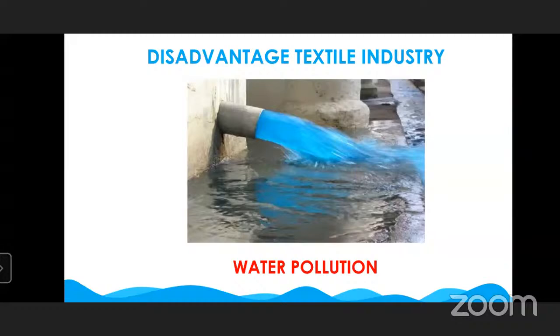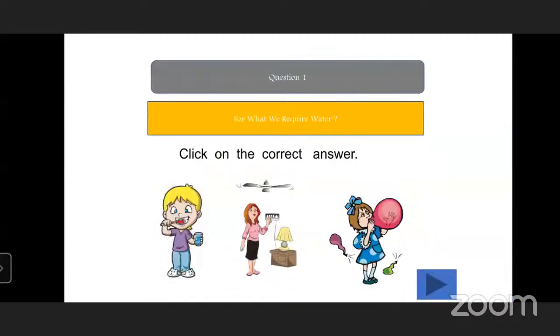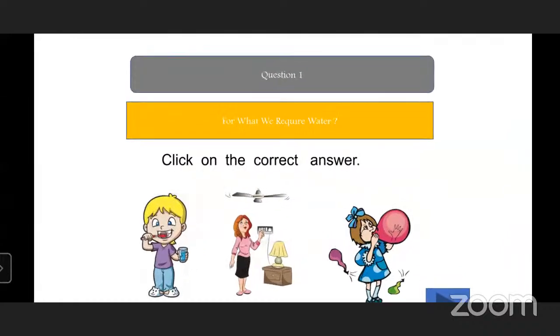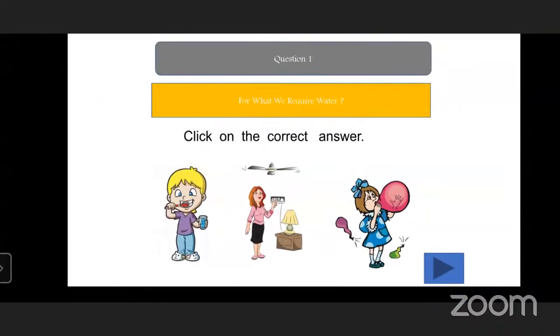While using this water in factory, we pollute that water. That's why we should recycle that water, purify it, and use that water in agriculture. This one is our duty to save the water. In this topic, we studied three main uses of water. That is domestic use, agriculture use, and industrial use. Okay. Now there are a few questions. You have to give me the answer to these questions.